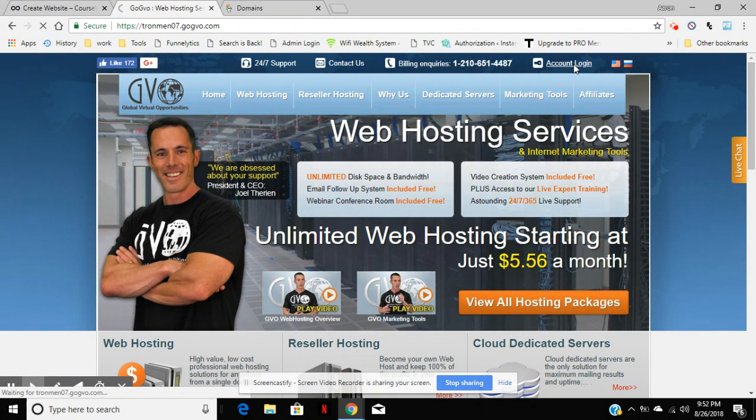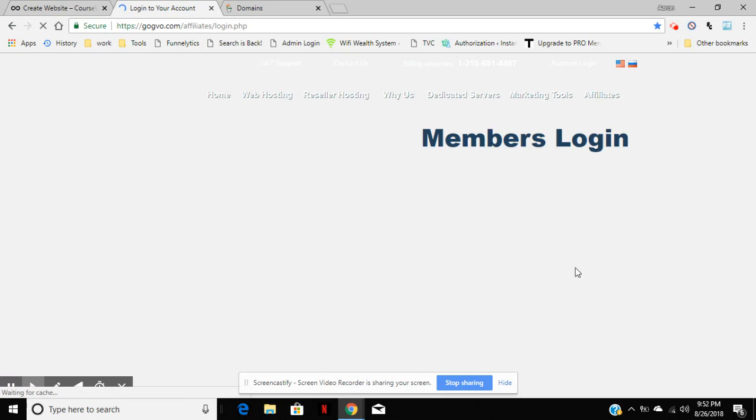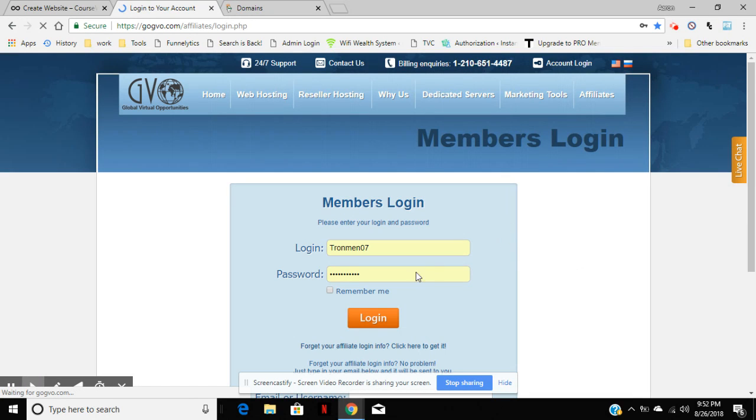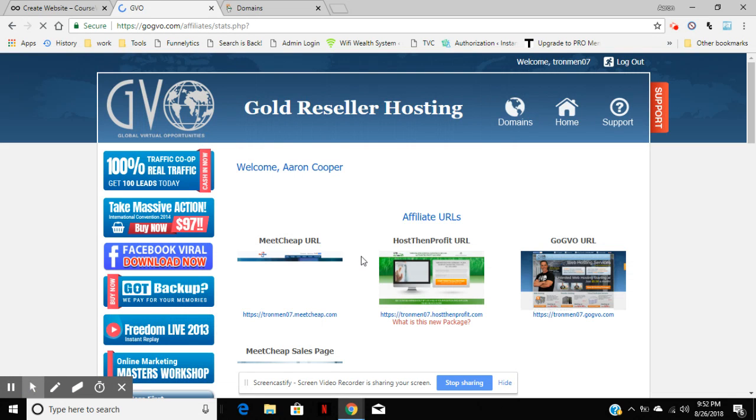So let's log in and see what mine looks like on the inside. And $5.56 is not a lot of money to have hosting. I mean, that's cheap. So you guys can always go with the cheap route. I chose the more expensive route because of the market that I'm in.